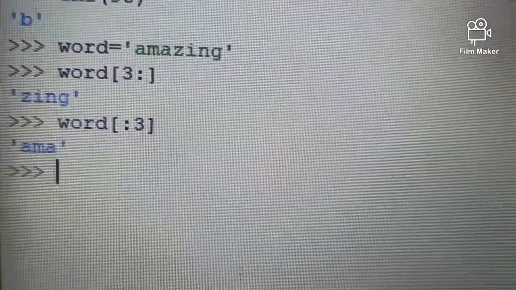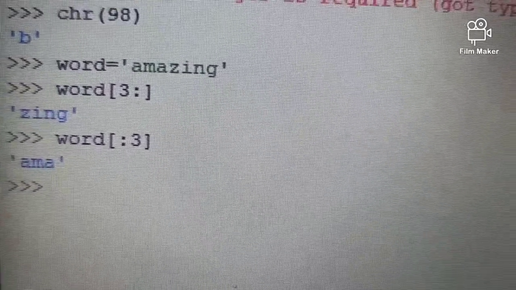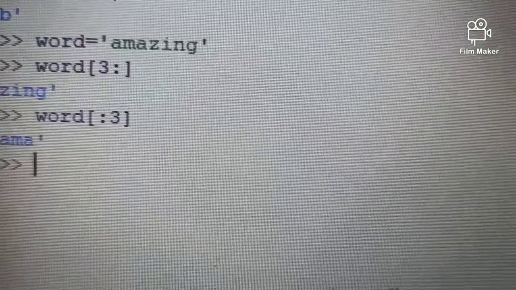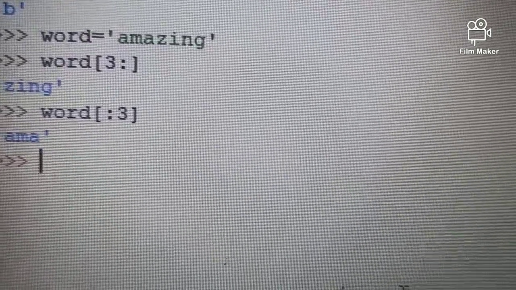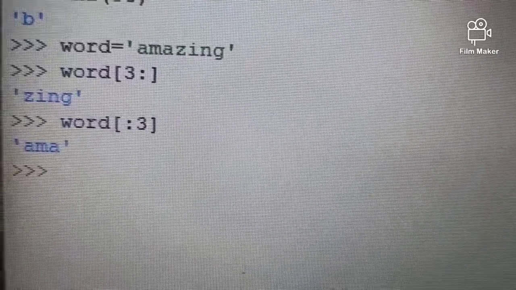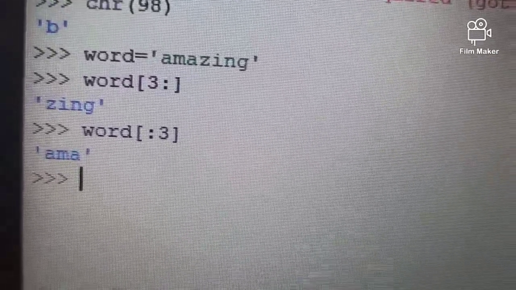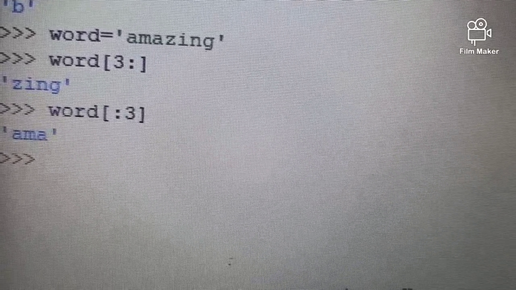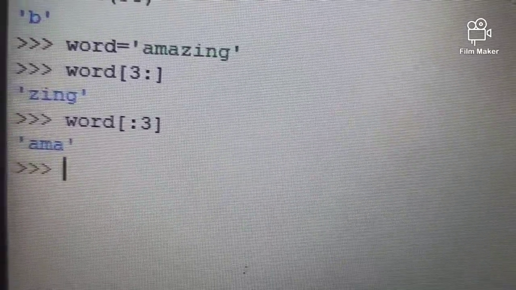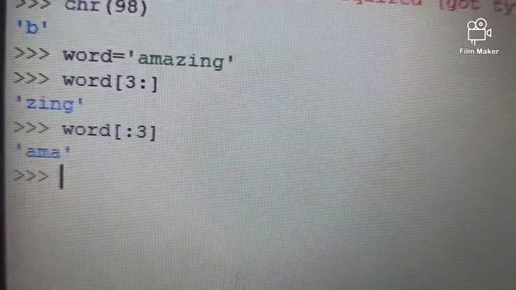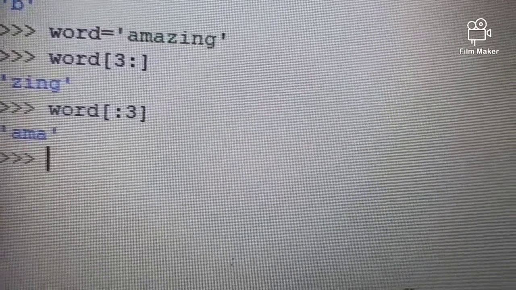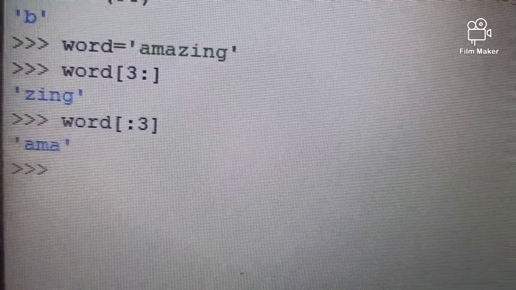Means whenever you get such a type of question, make sure you mention the characters this way, create those boxes, and after that you have to mention the address or the location, forward as well as backward. Then only you can identify how it takes the word in slice form. This is about string slices.